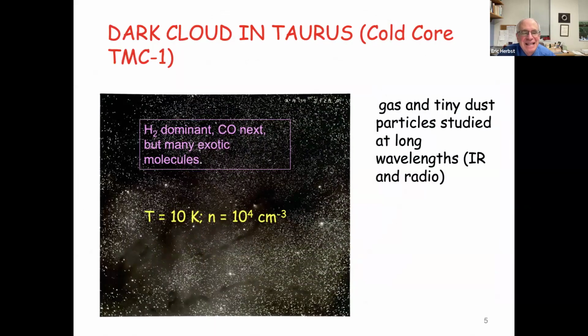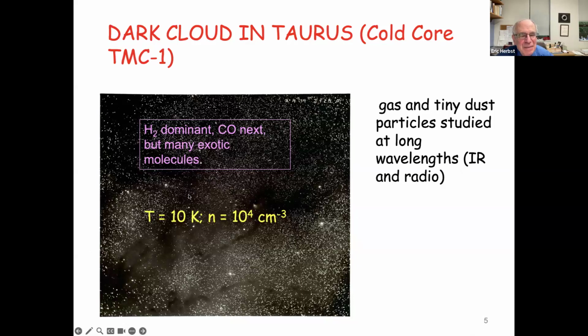All right. So instead of looking at this whole big region, here is one region of space. I called it a dark cloud. It's a part of a dark cloud, a complicated region called TMC1. But you see here this dark stuff that looks like it could be nothing, but it really isn't nothing. It is gas and tiny dust particles, and they block visible light, but they don't block longer wavelengths. There's the infrared and the radio, and the infrared and the radio tell us a lot. Mostly, until recently, I would say the radio tells us the most, but infrared is becoming very important as well.